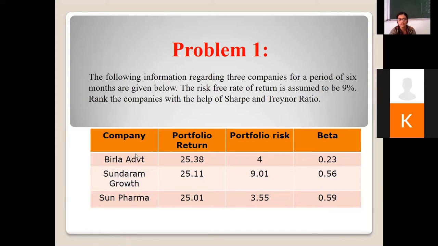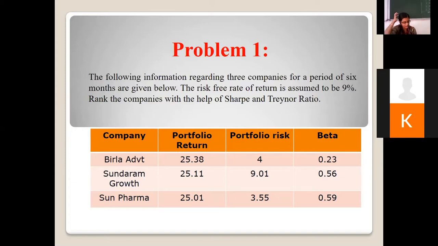The information given to us is the company information. We have 3 companies in front of us, and mostly when you do Sharpe ratio, Treynor's ratio, and Jensen's ratio, we relate it to mutual funds rather than individual stock investments, because these ratios help us in evaluating the performance of mutual funds, a concept where a portfolio is diversified. These 3 models, Sharpe model, Treynor's model, and Jensen's model, help us evaluate the performance of a portfolio with regard to risk and return.